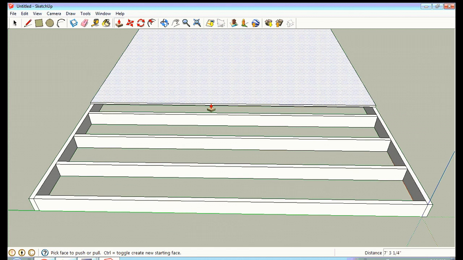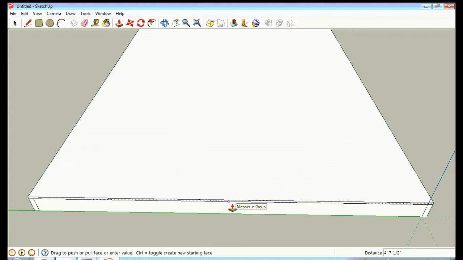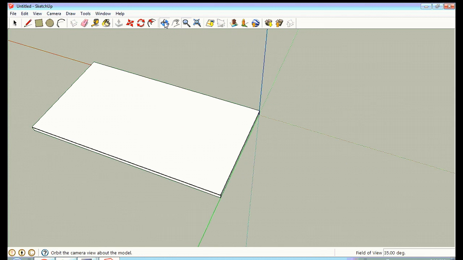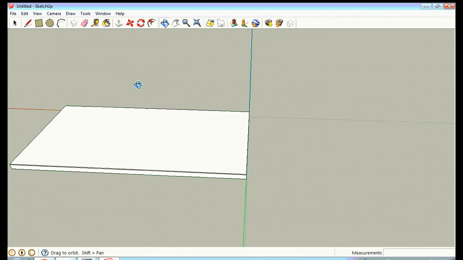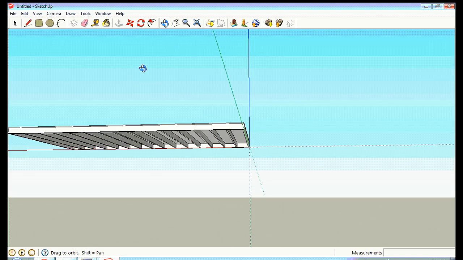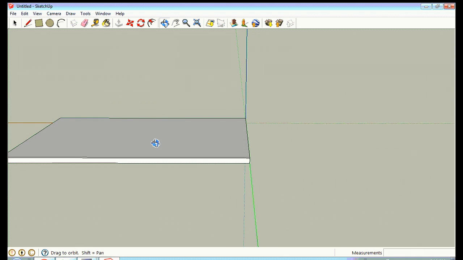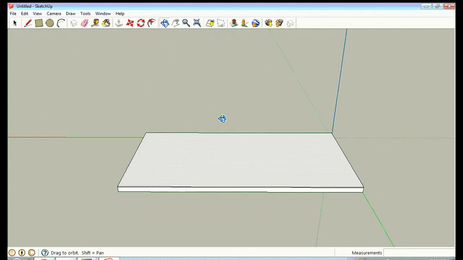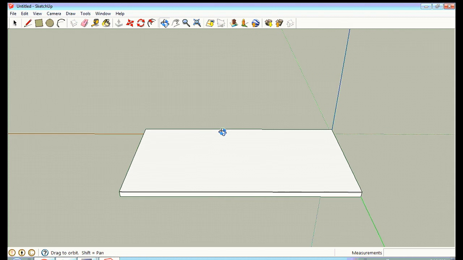Pull this across right over to the edge. Okay, now I've got my sheathing on my floor, and that way when I put my walls on I can still see underneath to see all the joist members. This way when I put my walls on it won't be so distracting seeing all those other floor joists sticking through there. Okay, so that is a floor with the sheathing on it, and I would use 4x8 tongue and